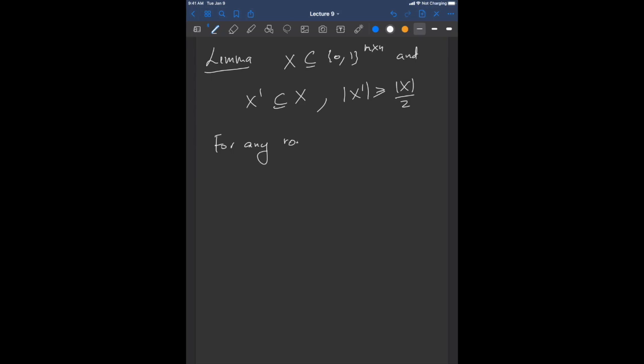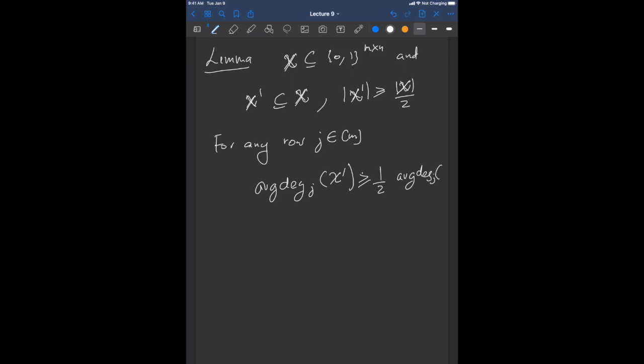then I claim that for any row j in M, we have M rows, right? The average degree j in x dash. Oops, this should all be curly x's. So whenever we have a collection, I should have been writing curly x. Hope I did not mislead you with the capital X. So the average degree is at least half the average degree